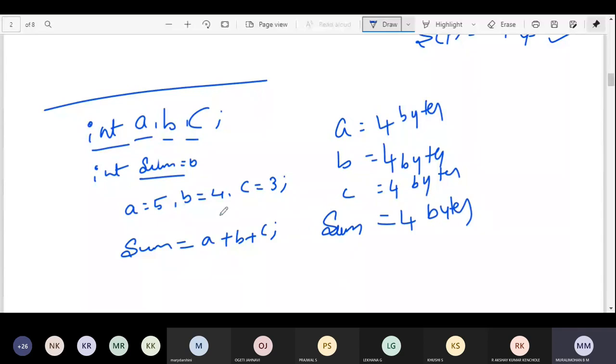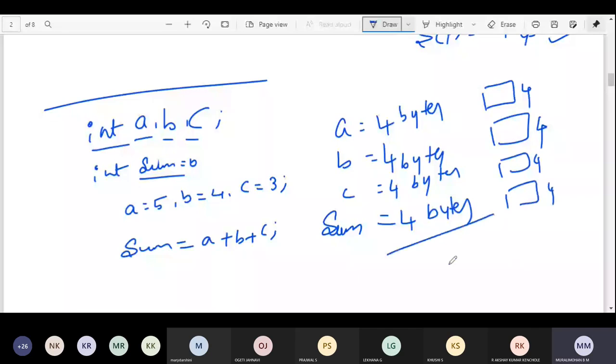Don't confuse here. For a we create a memory location of 4 bytes, similarly for b, c and sum, 4 bytes each. Totally 16 bytes.